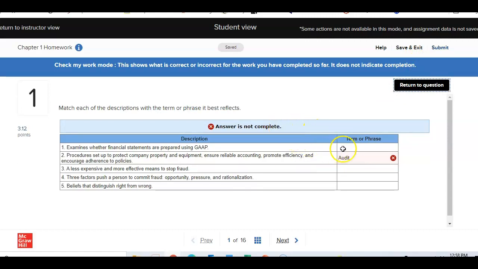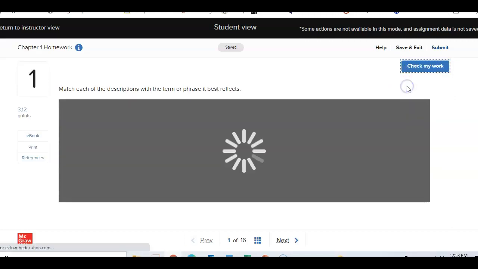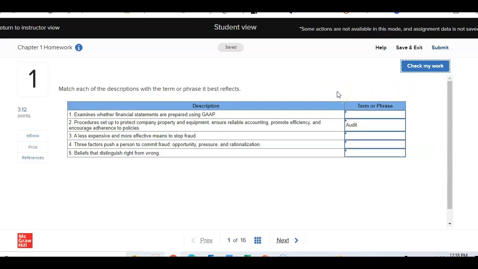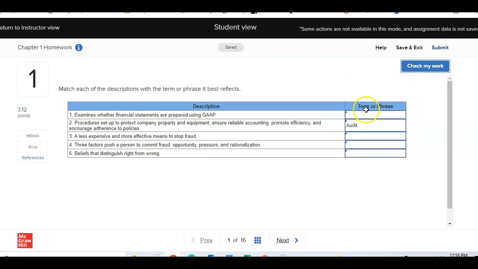And it will also tell you it's not complete because I only filled in one. But it will show up either with a red X or a green check. So this will allow you to go through and ensure that you have done the best that you can do. Reach out for help if you're struggling. You do not have to complete all of this in one sitting. You can go up to the save and exit at any point, and you can sort of chip away at this throughout the week. You have access to the ebook here,